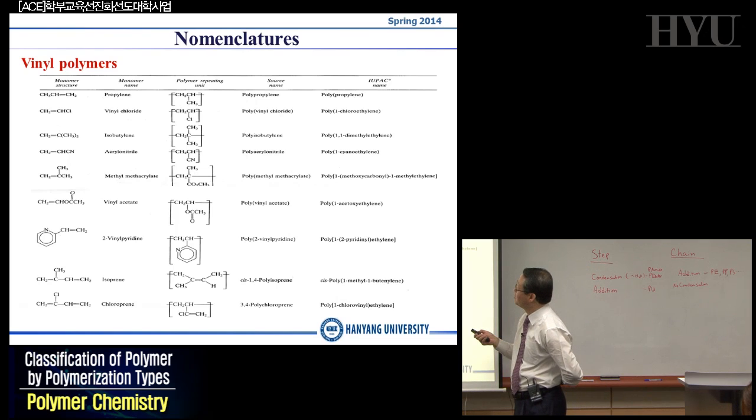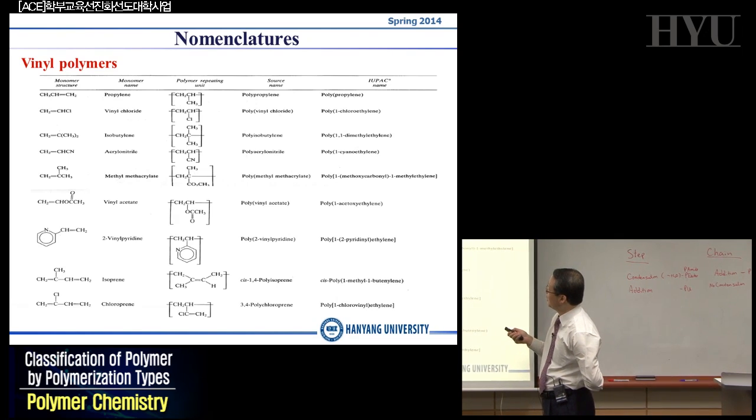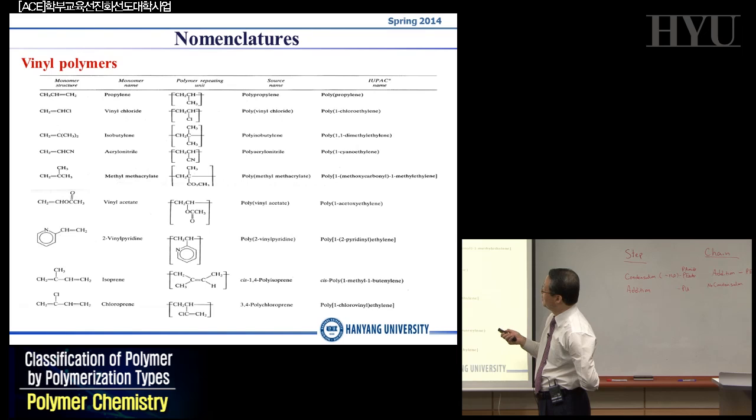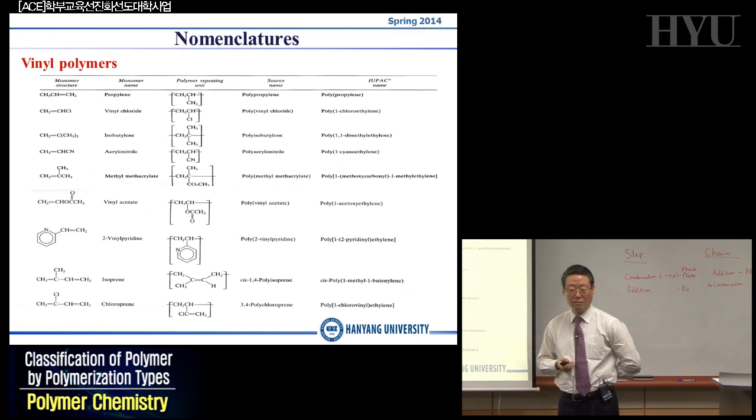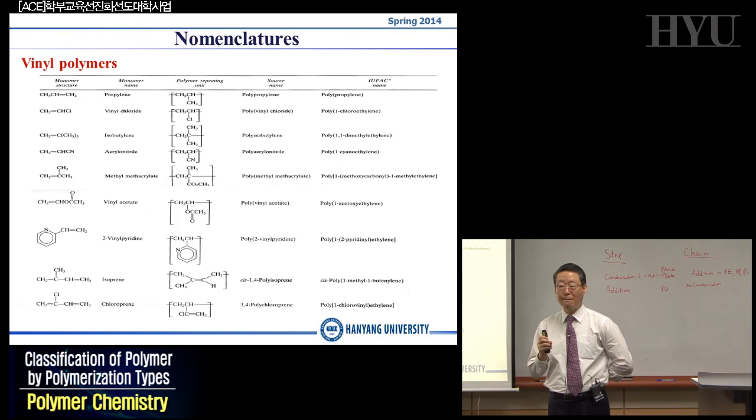So if I look at this second monomer, it is called polyvinyl chloride. This is propylene, so we call this polypropylene. This is isobutylene, so polyisobutylene is the name of this polymer. Polyisobutylene can be used as a little rubbery stuff. I think these days this is very widely used